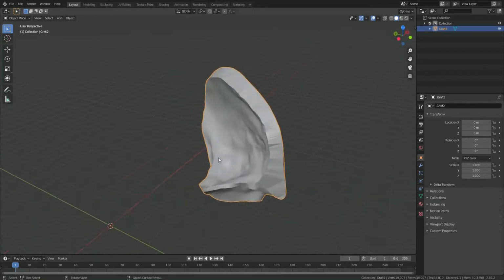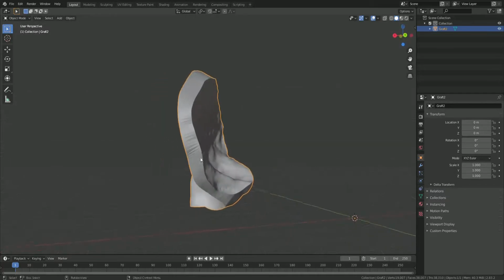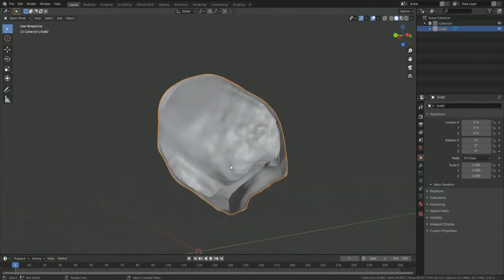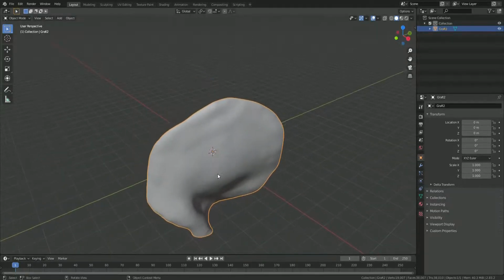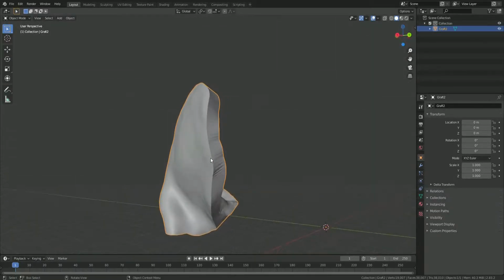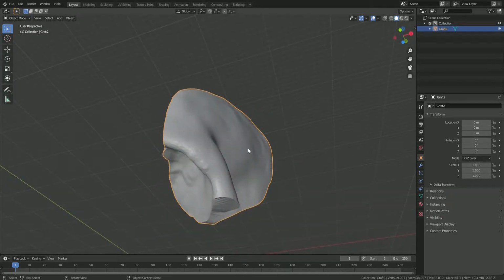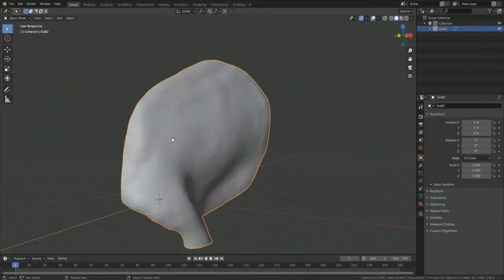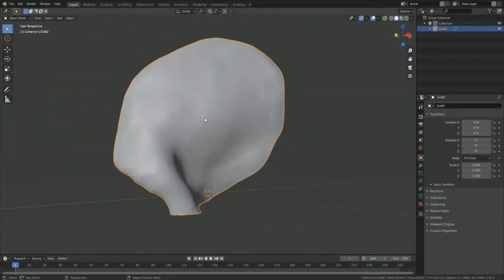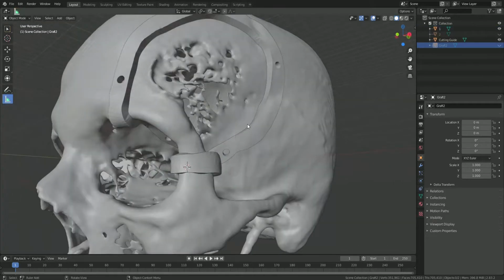I will make a mold for it because we are planning to fill it with bone cement, the PMMA, during the operation. So I will save it and now I will